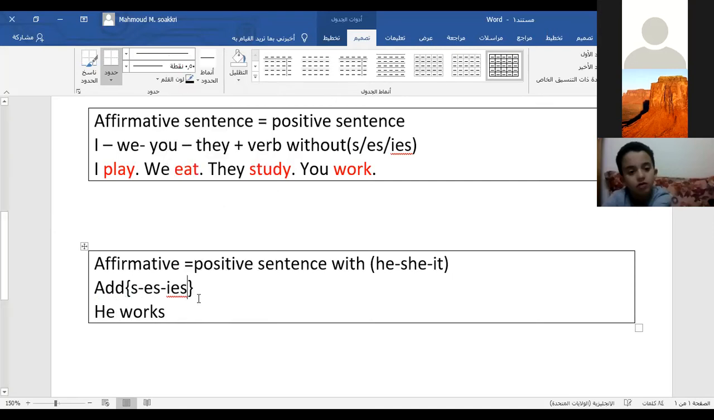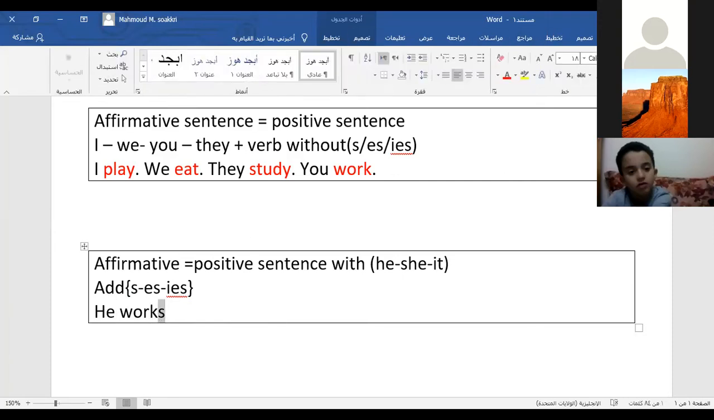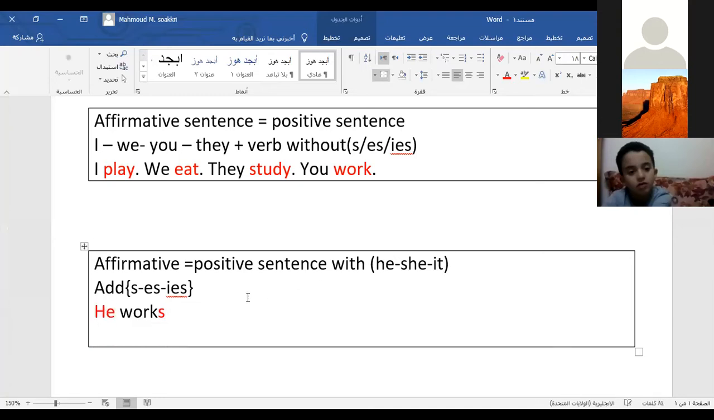Okay. We put s to the verb work. Why we put s here? Because the subject is he. So with he, we put s to the verb. And when we put es,